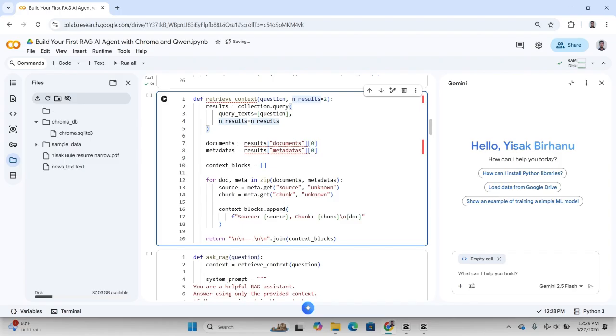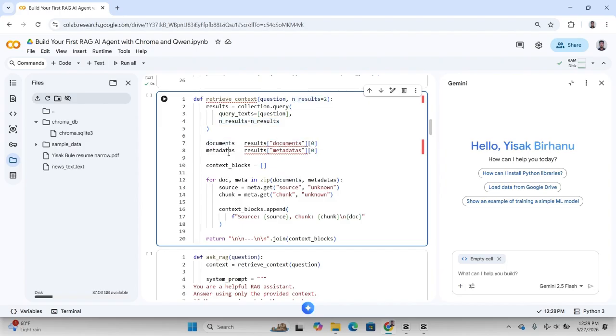Sometimes when we have a large number of results, the model may lose the context, adding more noise, and the model may make a mistake. And sometimes when we give a small number, we may lose some context. So we have to find the best value for this. That's up to you. And we take the best results, and then